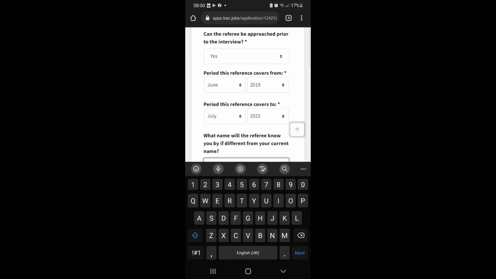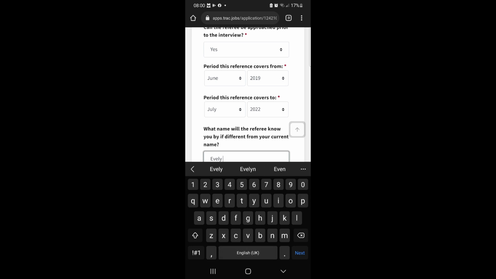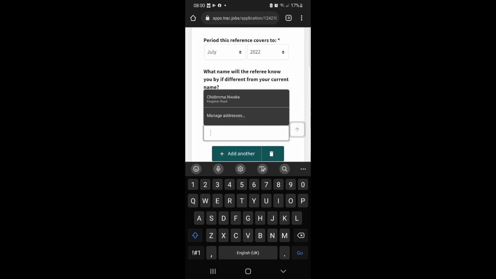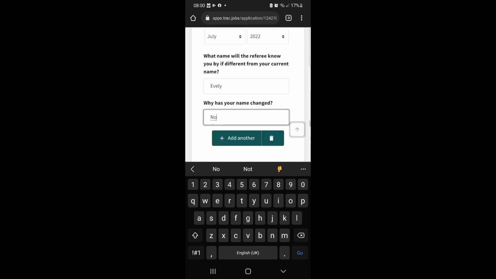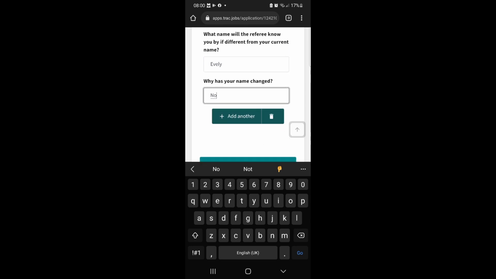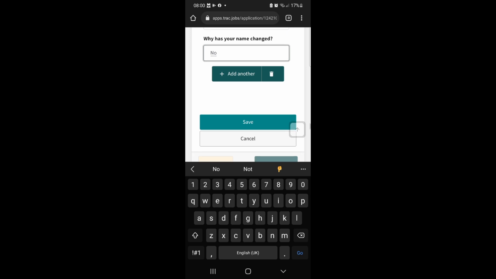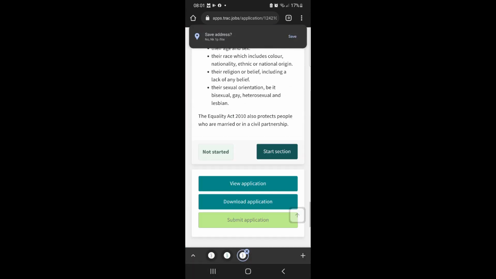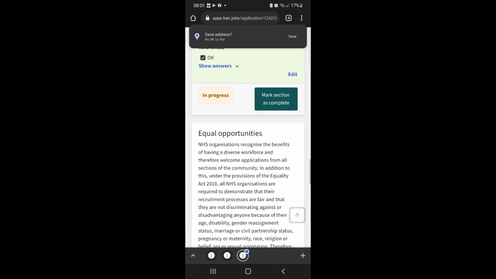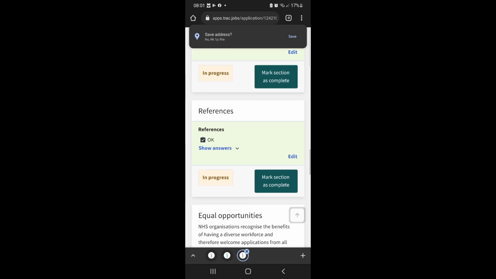So the name the person knows you with, Evelyn. Okay. And has your name changed since then? No. So if it's not up to 3 years, you have to add another reference here. You can add your school if you can get a reference from the school you attended. Okay. So next thing we have to do is go to